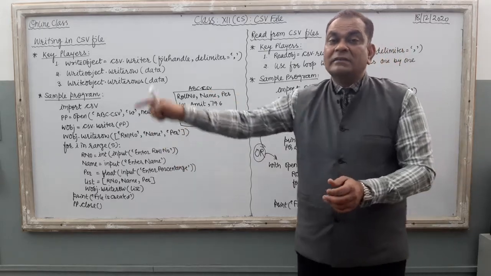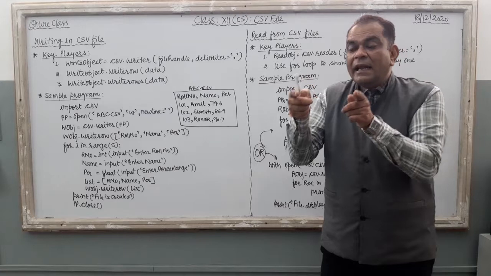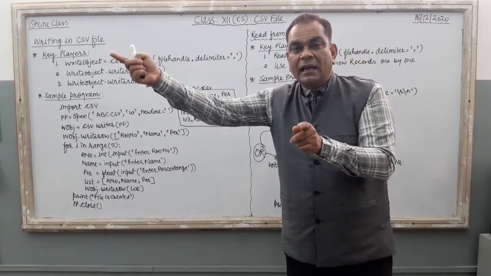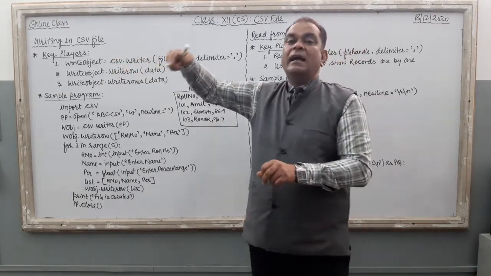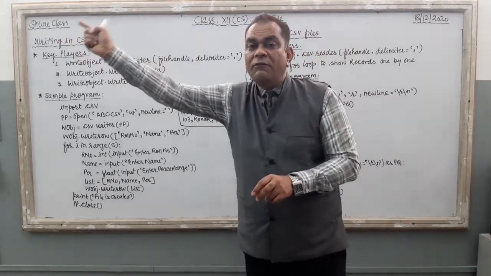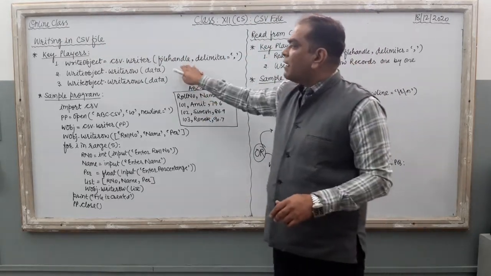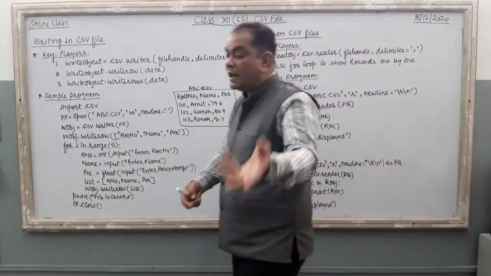The writer object is linked with your file handle, and when you write something in your writer object, it is going to be stored in the file handle, and after then you are going to close the file. The file handle data is going to be uploaded to the physical file that is there in the hard disk. So the writer object is very important in CSV file operation. How can you create the writer object?